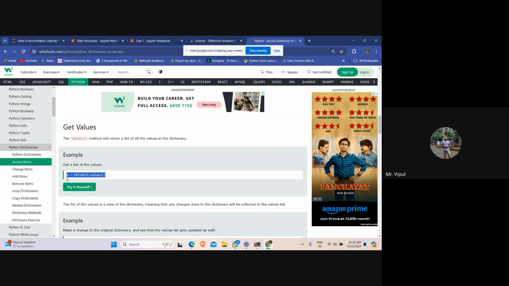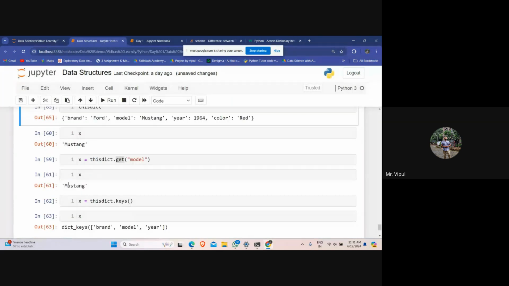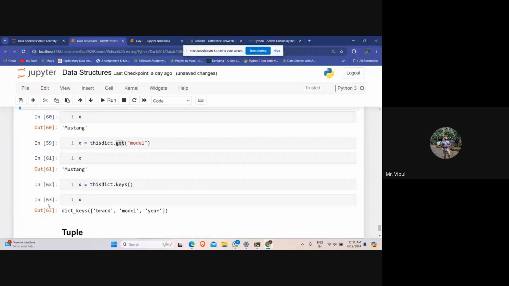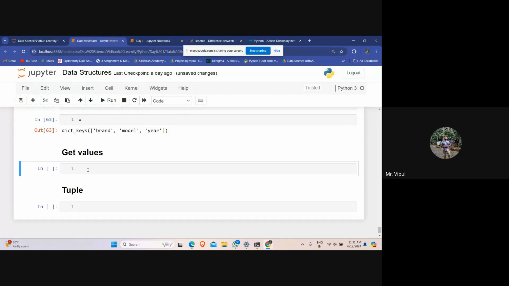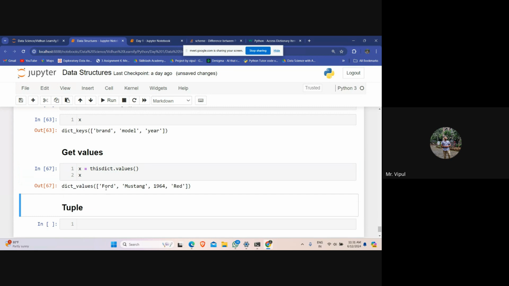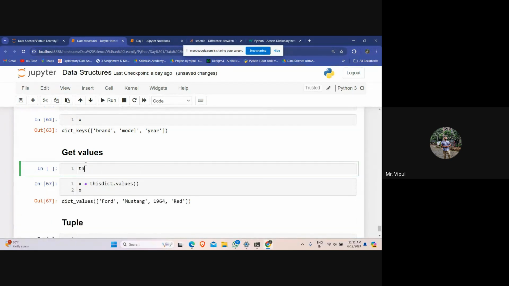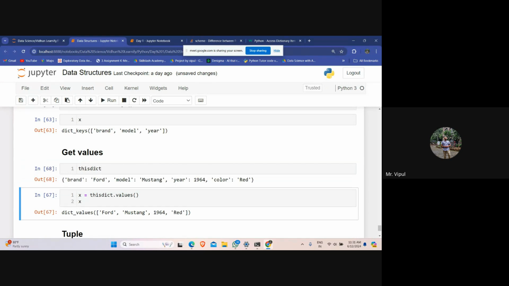You can write down this thing. Now if you check what is there in x, only values are here. This dict had the whole dictionary, right? But what are the values that you have? Ford, Mustang, 1964, red. These are the values that you have.